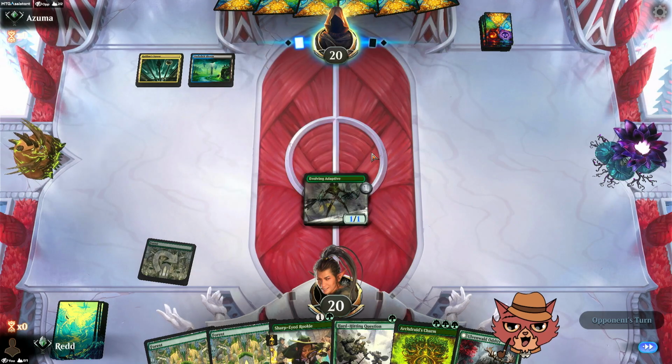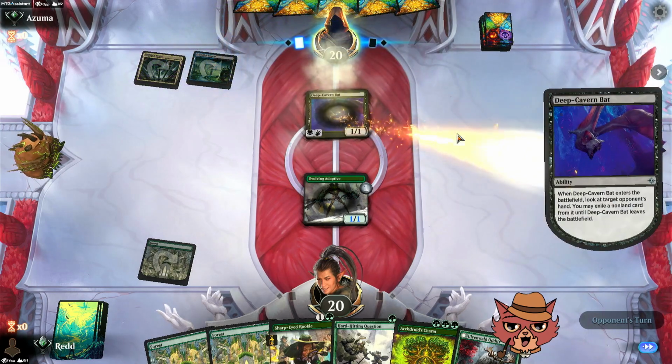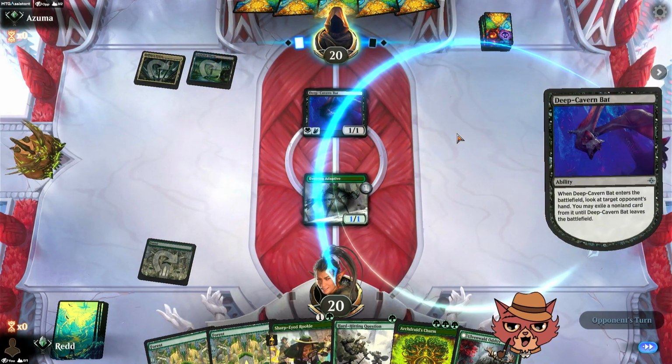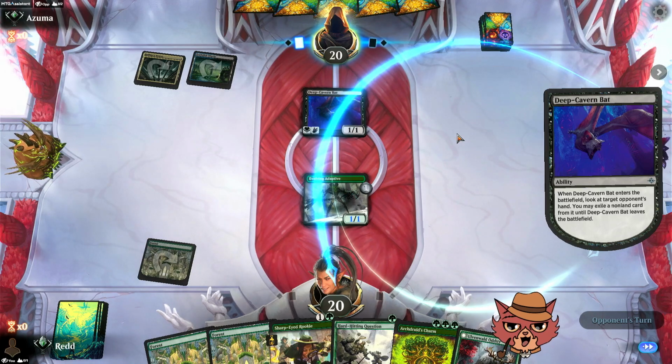Okay, Esper. We've been seeing a variety of Esper. I haven't seen too many Esper Legends recently, but it very well could be. Cavern Bat. Sharp-Eyed Rookie's out of the equation, although Hard-Hitting Question might be the better bet, because that instantly takes care of the bat without giving them the life gain. And then we get Sharp-Eyed Rookie back anyways,